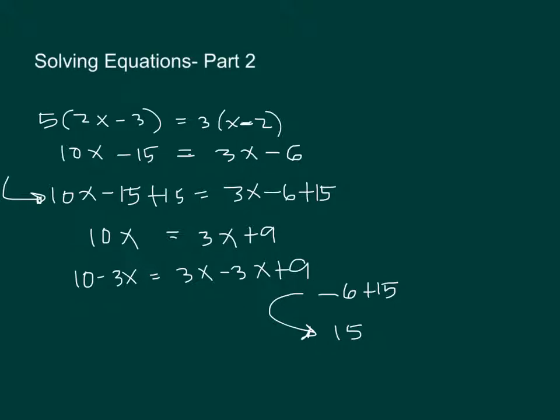Okay, so what is 10x minus 3x? This is 10x minus 3x. What's 10x minus 3x? 7x. What will happen to 3x minus 3x? 0. So we only have 9. Okay, and then we divide by,